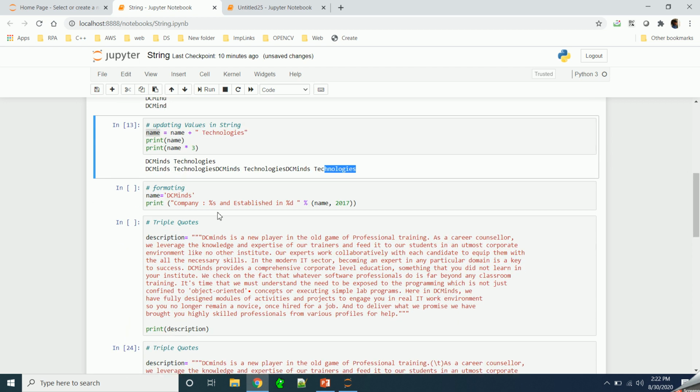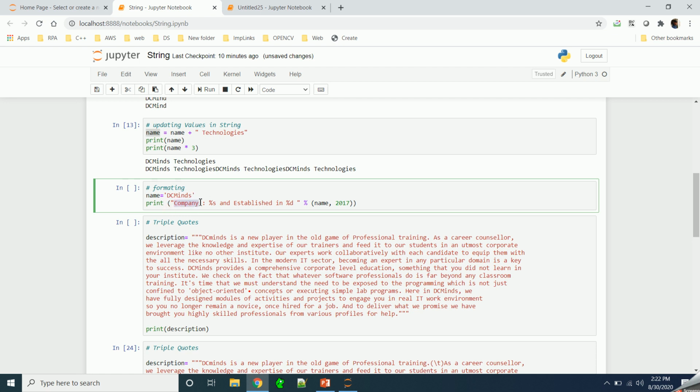Next, you can perform formatting. Formatting is when you want to put some value inside a string using a variable.